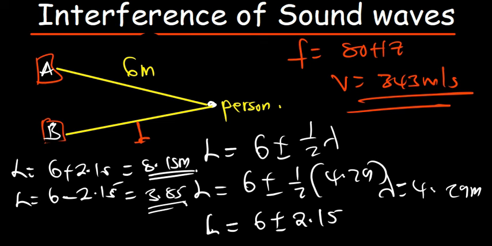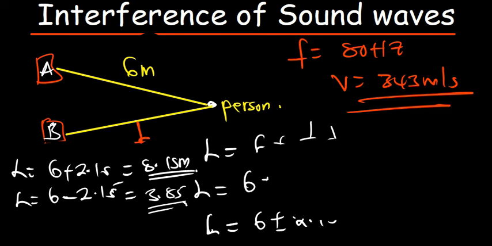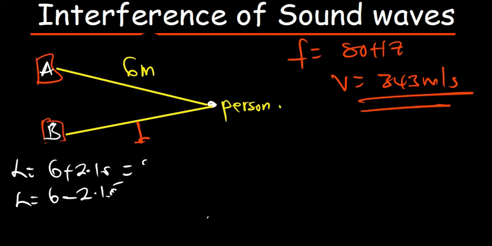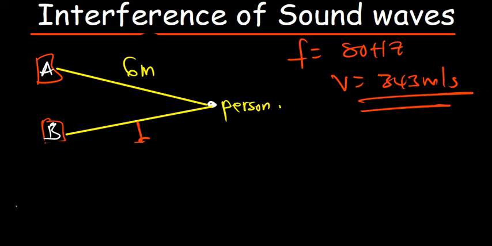Now, what about constructive interference? What must be L for a constructive interference to occur? Remember, our lambda was 343 divided by 80. Our lambda was 4.29 meters. So for a constructive interference to occur, the original length must differ by plus or minus a wavelength, meaning